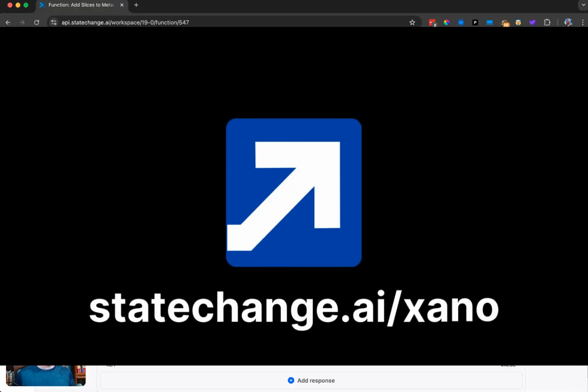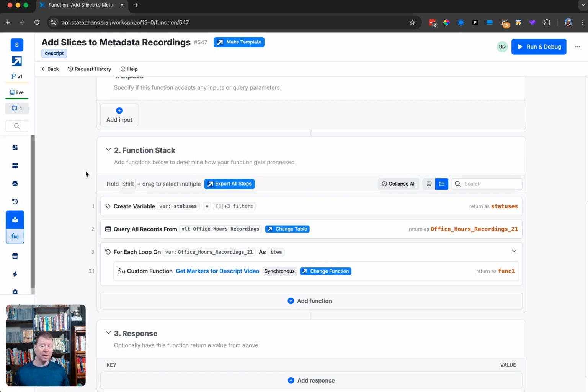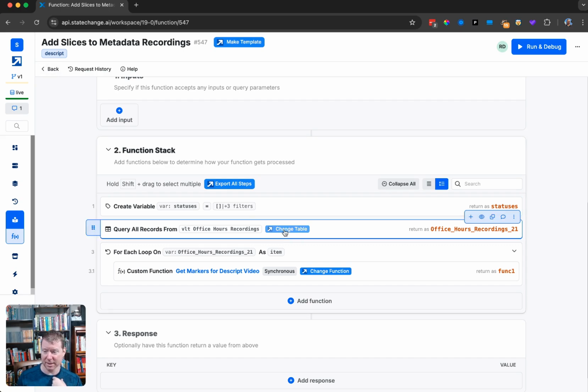There are certain things in Xano that are relatively slow to do, but that the extension makes very, very fast. One of them is being able to take things like tables that you might be querying and switch around what tables you actually want to work with. So ordinarily, if I were in query all records and I wanted to switch from one table to another,